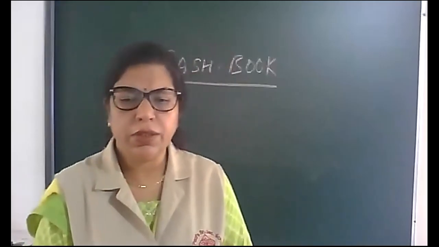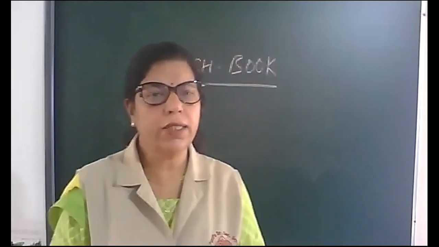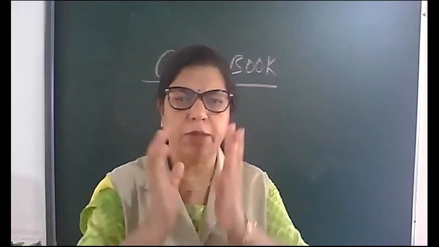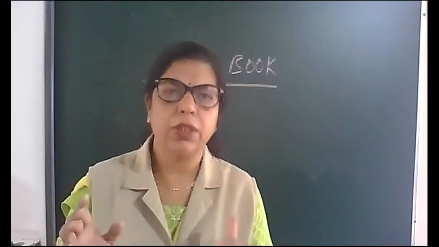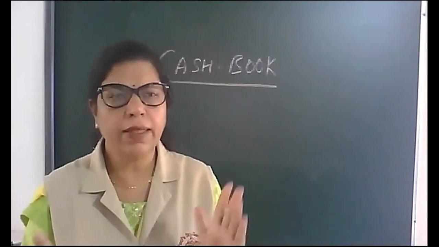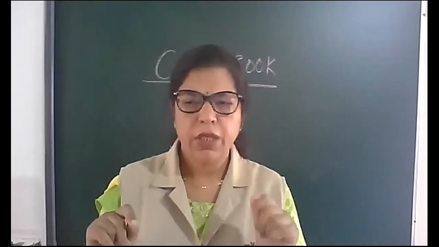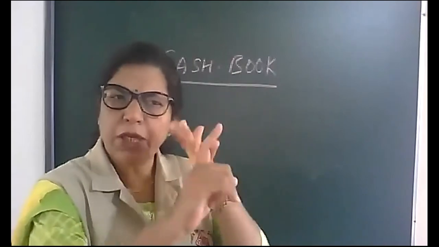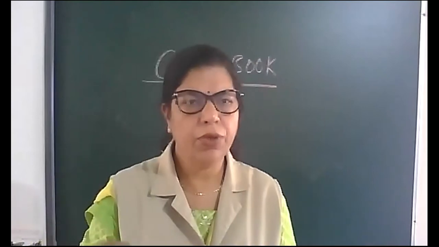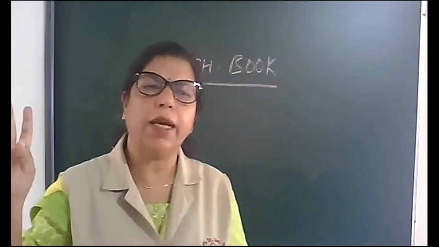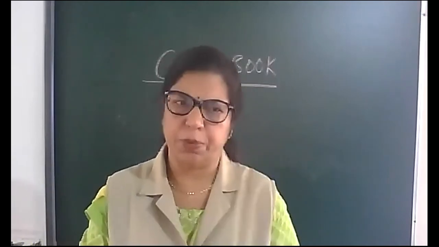My dear students, we are on chapter 4, accountancy, 11th class. Yesterday I explained different subsidiary books, which you can call day books, special and general, and that depends on the size of the organization and number of transactions. So cash book, purchase book, sales book, purchase return, sales return, bills receivable, bills payable, and general draft. Today I am going to start cash book.